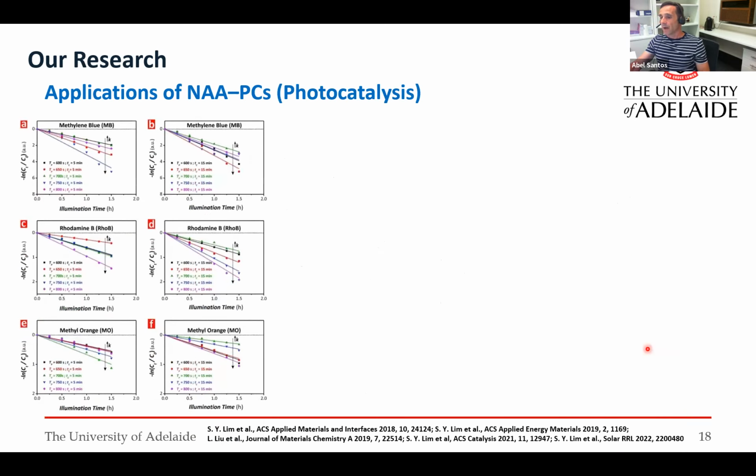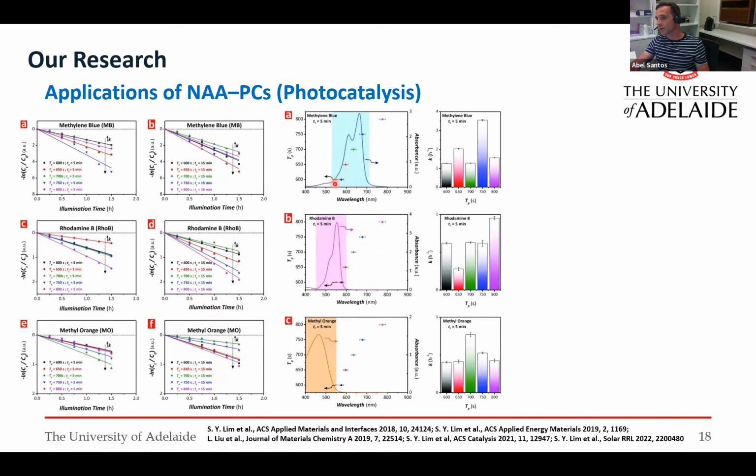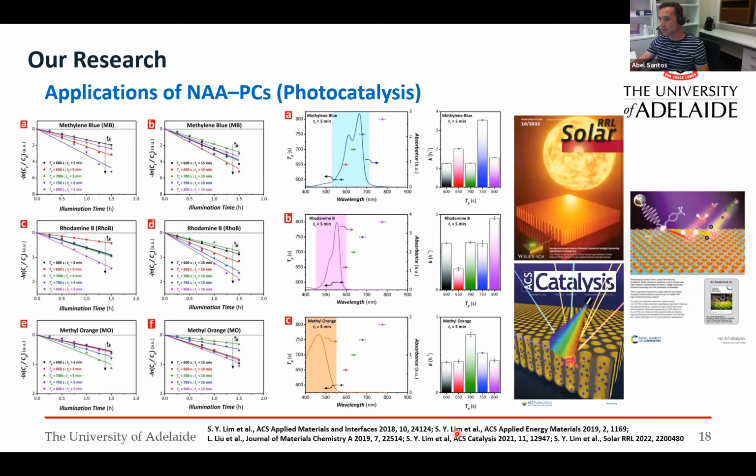And we can study the kinetics at different wavelengths of the light confinement, and study which is the most optimal arrangement between the position of the light confinement and the absorption of the dye. There you can see enhancements associated with the slow photons, but it's also a trickier system than we thought at the beginning. It's not only about the slow photons, it also matters the thickness of the material. So it's more like a compromise as well. It's not always 100% the best alignment with the red edge of the dye that works best. And as I say, we did quite a lot of work. Yeah, especially CVG did all her